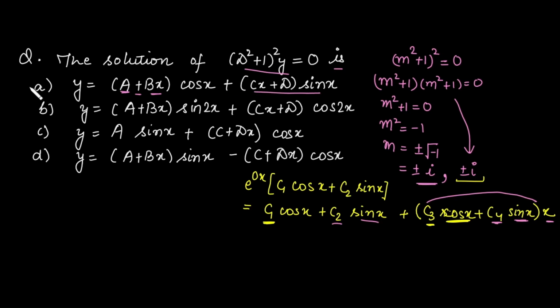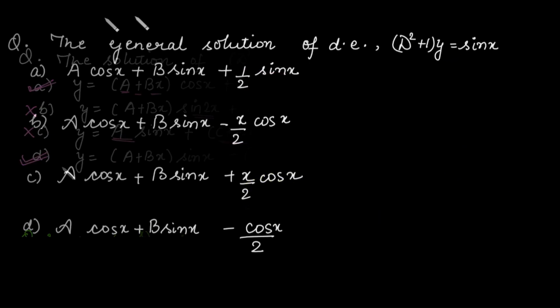Now, from here, option A is correct. Now, why is option B not correct? Because it has the angle 2x and that is incorrect. For option C, here we have two constants, but in this case we have only one constant. Again, we can directly discard this one. Although option C is also correct because we can take the constant with a negative sign. So in this case, two options are correct, that is A and D.